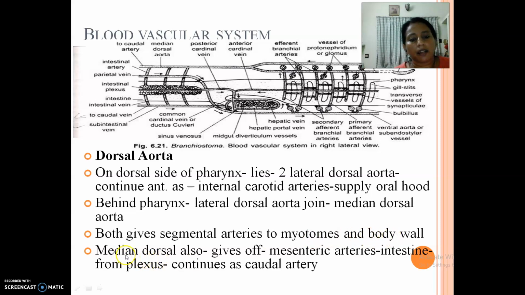So, the median dorsal aorta also gives off branches, the mesenteric arteries, to the intestine. These are the mesenteric arteries. It gives off small arteries, intestinal arteries, otherwise known as the mesenteric arteries, and they form a plexus. Plexus means a large number of capillaries gathered together, which is called the intestinal